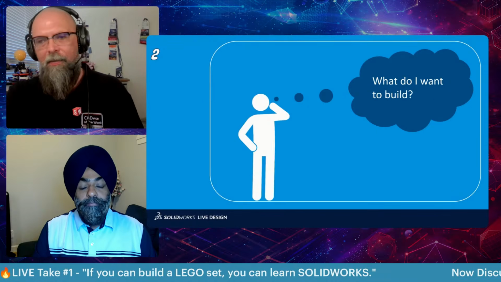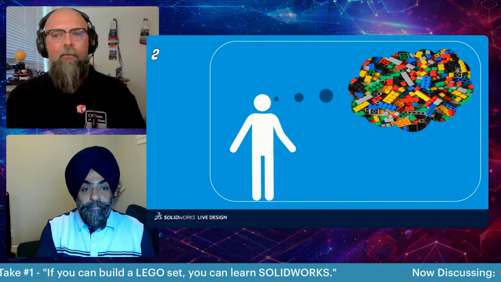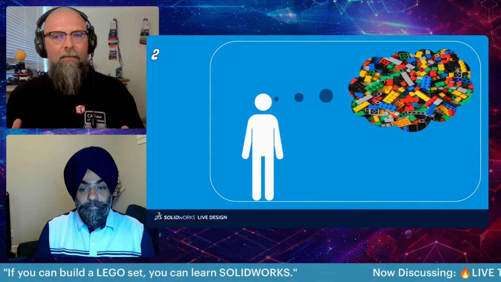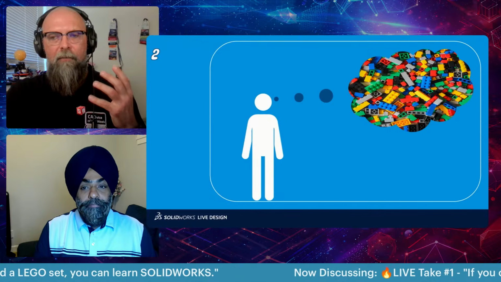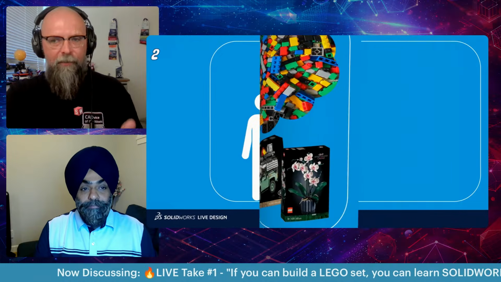Now the same thing can be said about Legos. When you have all of your different Lego blocks, you usually think, okay, what can I build? For that, you have the boxes where you can see exactly what you can build with these specific blocks. So once you have decided what you want to build, in this case, we want to build this,